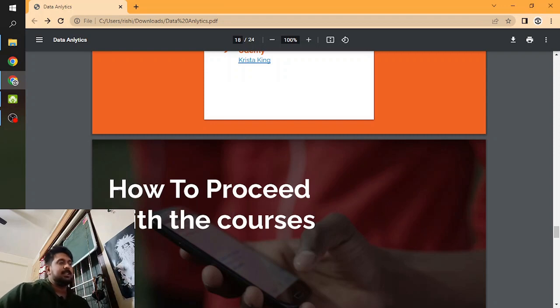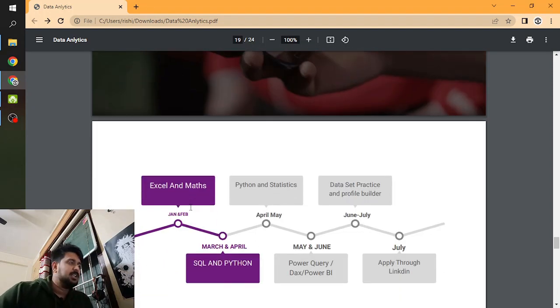So yeah, regarding this, let's see how to proceed with the online courses. You can start with Excel and Maths in Jan and Feb. After that, you can continue with SQL and Python. After you learn Python, you go with statistics, and that is basically the data science part, or the machine learning part, or the library part in Python. And then after that, you can go with Power Query, DAX, and Power BI